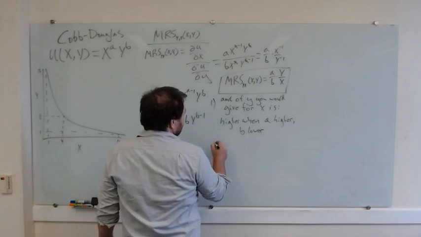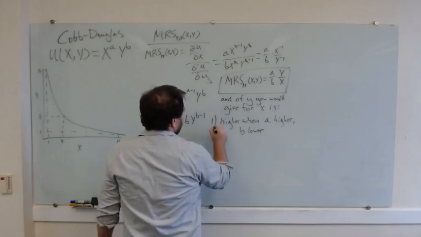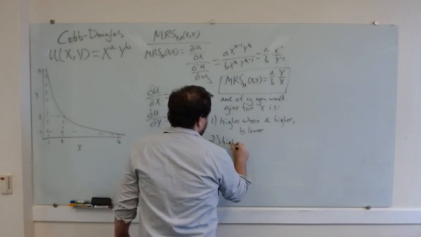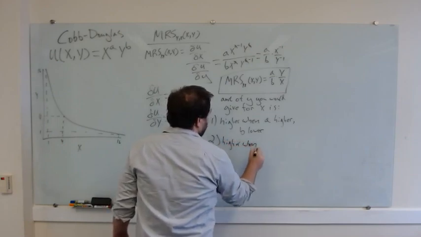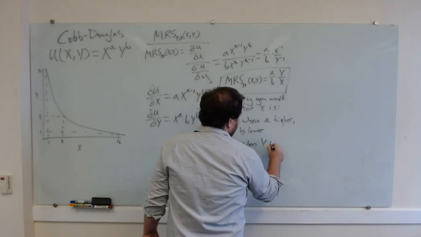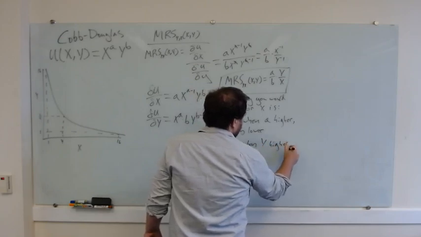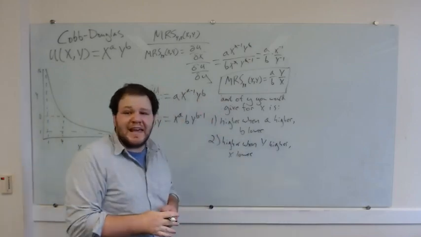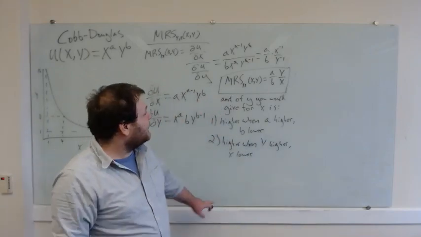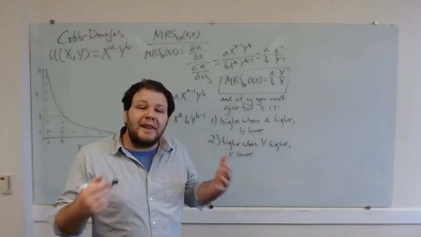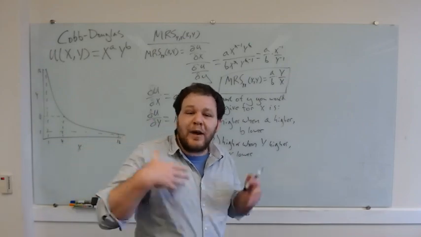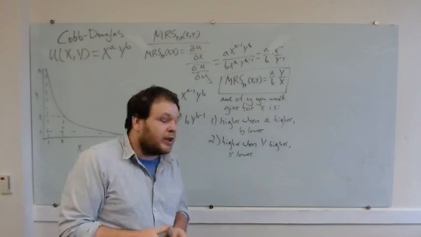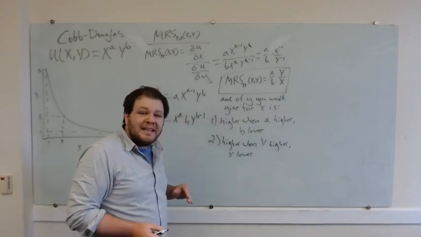This is the first. The second thing is higher when Y is higher and X is lower. So this is really just saying more is better, right? It's saying that if we've got more Y, then we're going to be willing to give up more Y to get X. If we've got more X, we're going to be less willing to give up more Y to get X. And the last thing I want you to note with both of these two properties is that all that